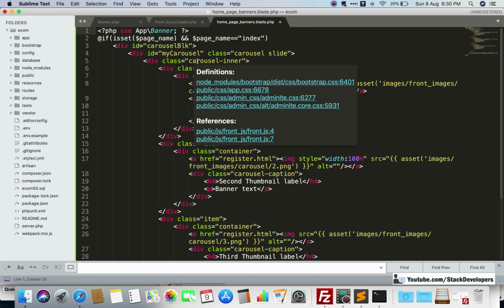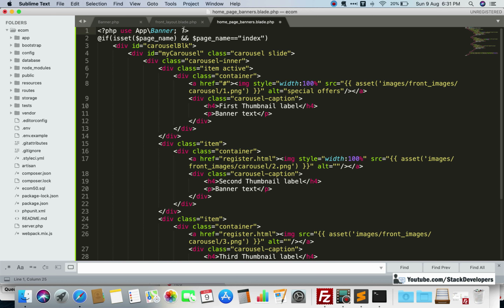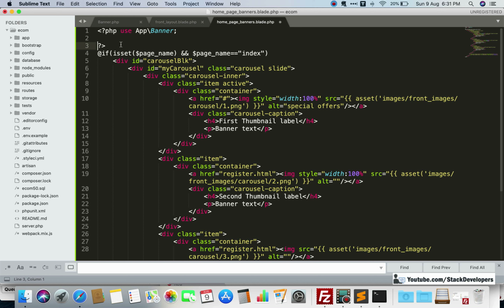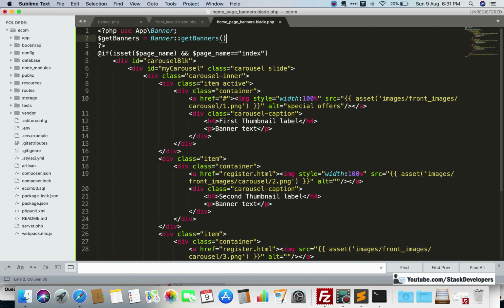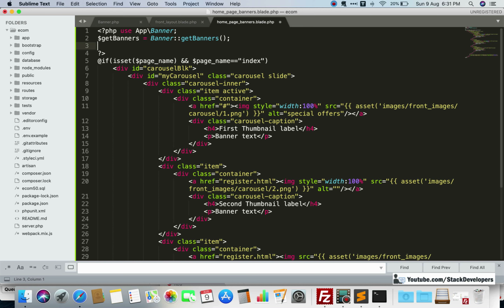We will put one variable, and in the variable we will call that function, Banner::getBanners. This is the function we are going to call that we have made there.